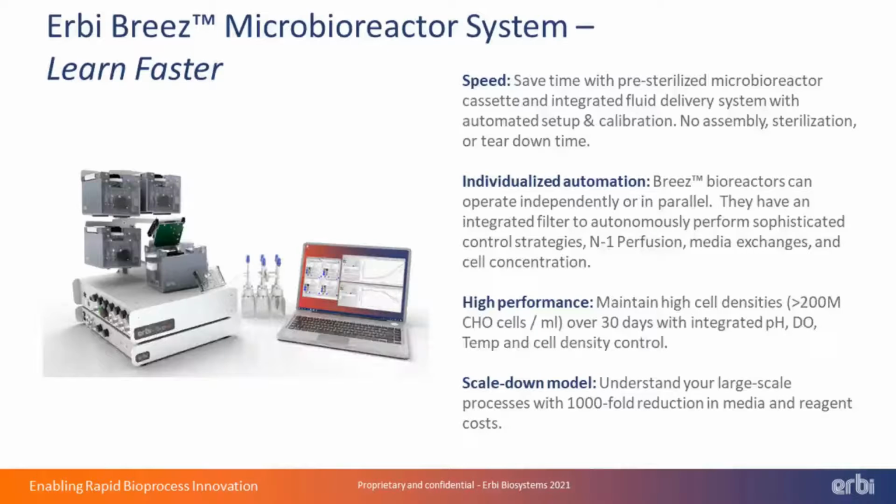When we say easy to use, we mean that all required bottles, pumps, mixers, filters, tubing, and sensors are all integrated into the disposable, so there is zero assembly, sterilization, teardown, or cleanup. The small milliliter working volume also significantly reduces time spent on media and inoculation preparation, as well as in-process media refills and exchanges. At 2 ml, our provided bottles can run a 1 volume a day culture for more than